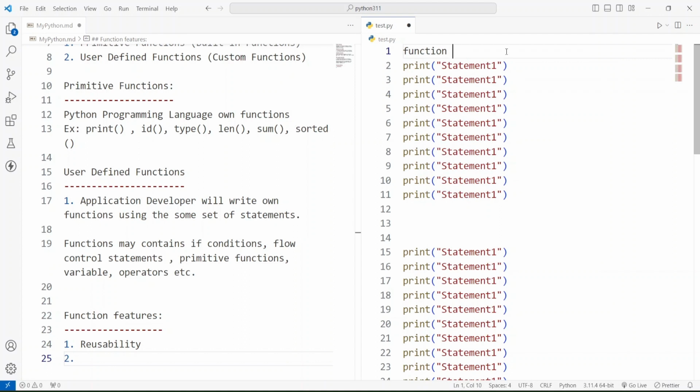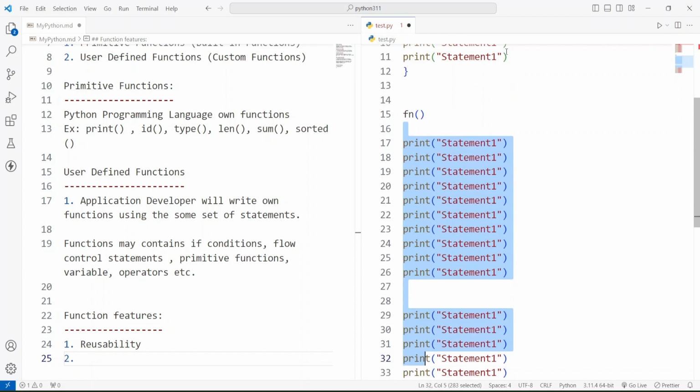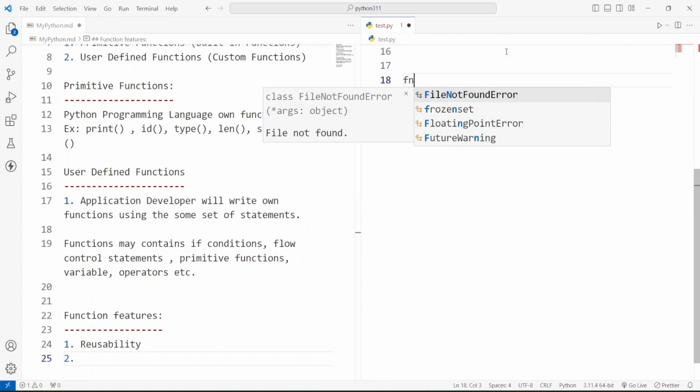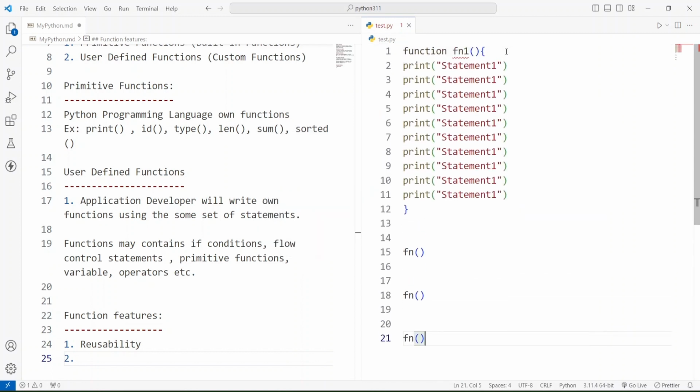A function like this, and we will see how to create the function. We are going to call that function instead of writing it every time, even after 200 lines. This way of writing it